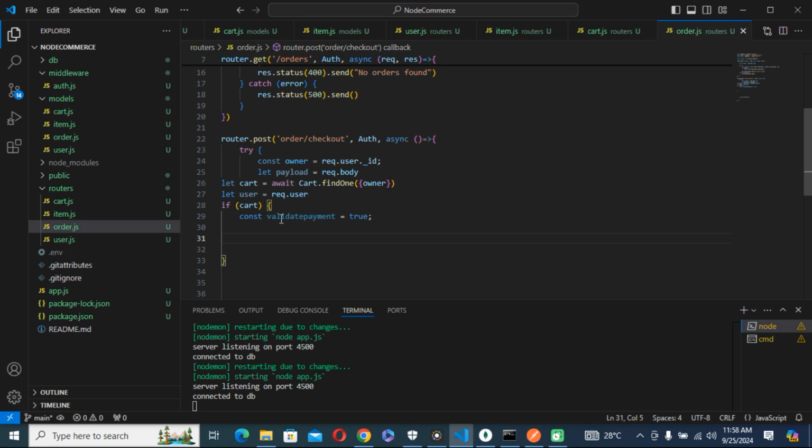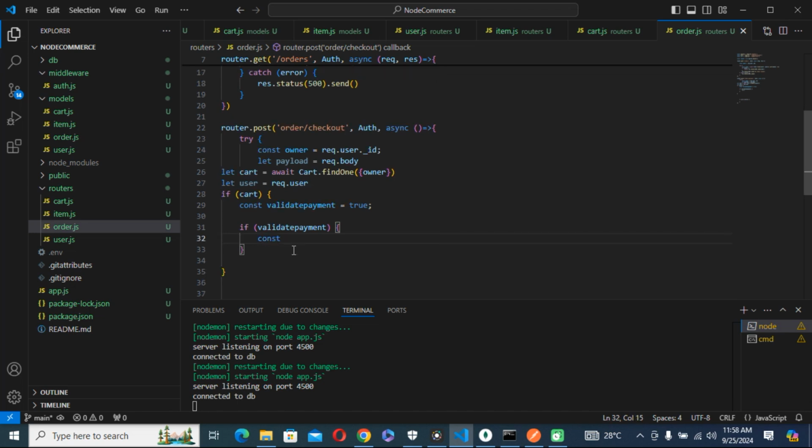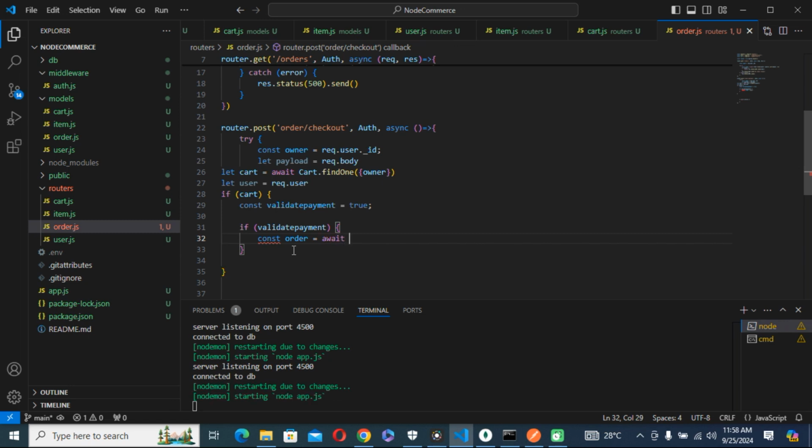So we are going to say if validatePayments, then we want to save into order. If validatePayments, we say const order is equal to await Order.create. You create order